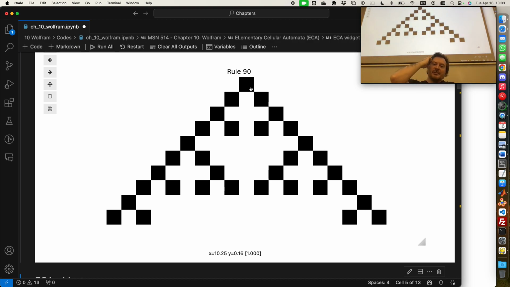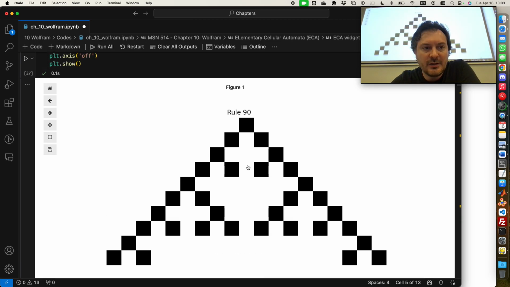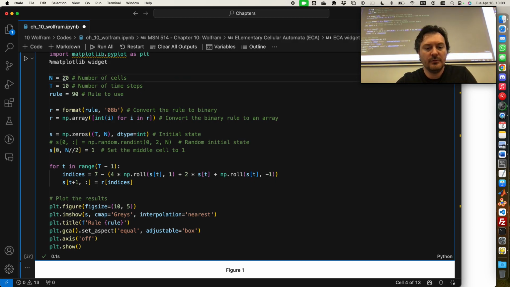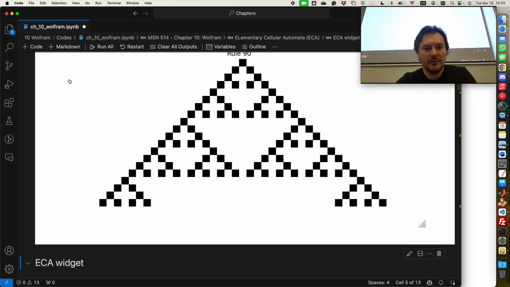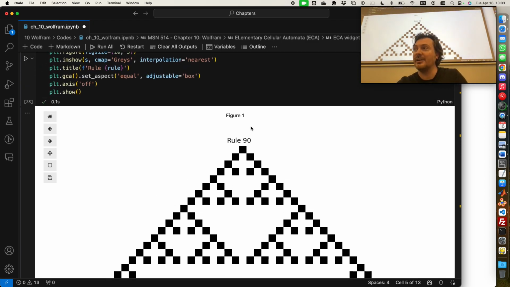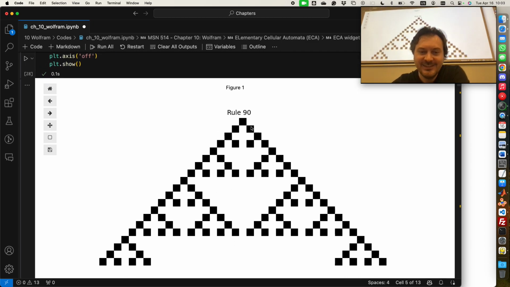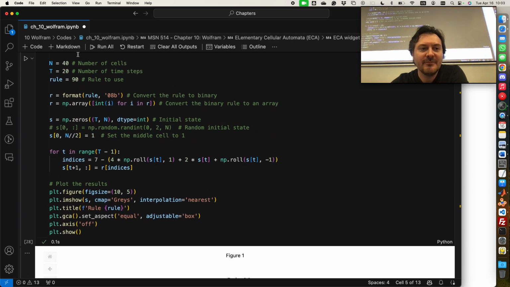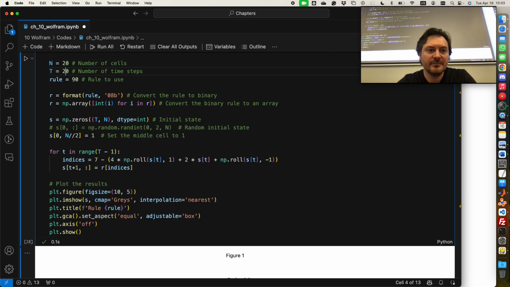I should have come prepared for this, but in the middle line, it's going to be just a white line, I think. No, it's actually coming back. Let me show you. If I go to, let's say, 40 and 20, oh, yeah, it's a white line. Yes, you are actually right. Why there is a white line, I can explain.